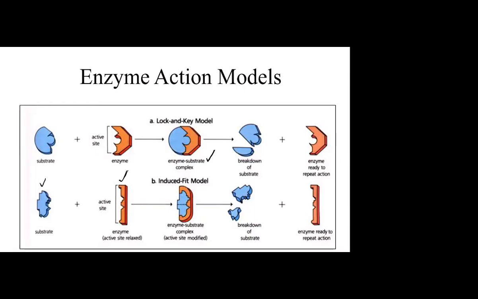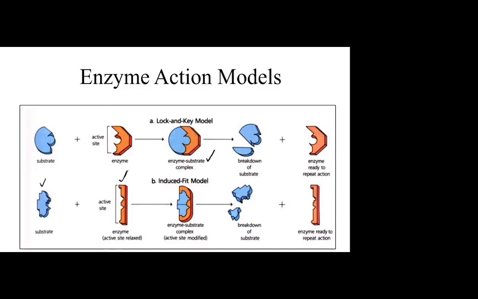Now, once they have adopted the correct conformation, they are going to break down the substrate into the product and the enzyme regenerates. So the main difference between these two models of action for enzymes is just that the lock and key model is less flexible than the induced fit. And understand that it is not generalized that one is better than the other. These are just models that have been designed by experimental observation of how the enzymes act on their substrates, okay?